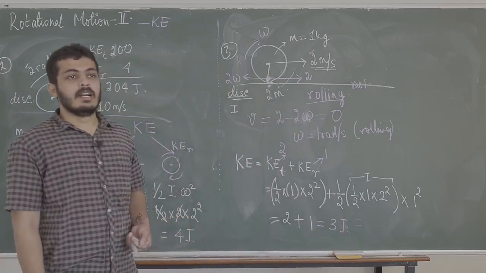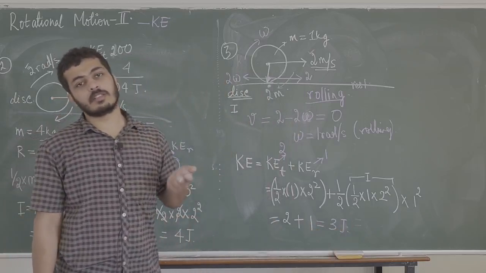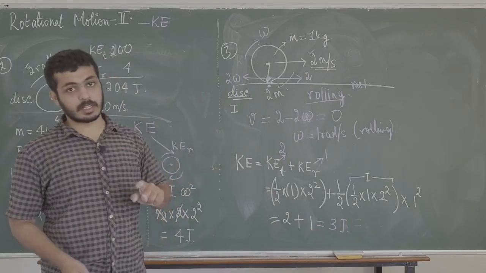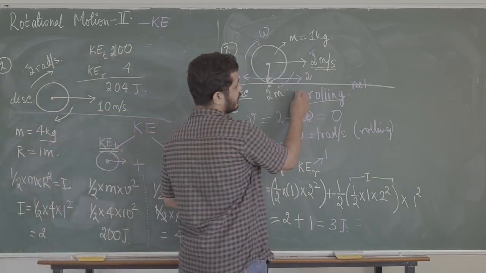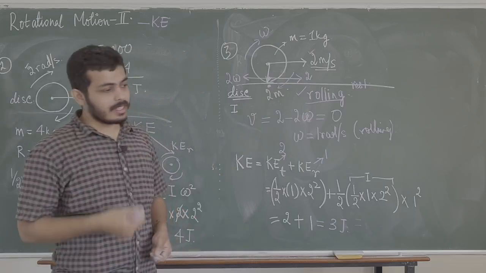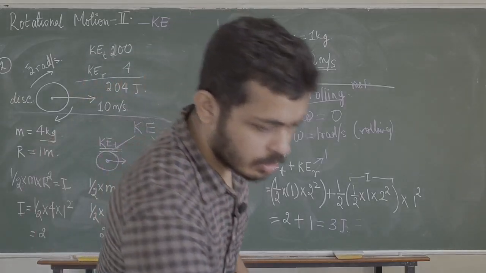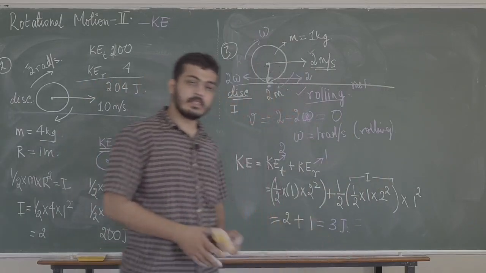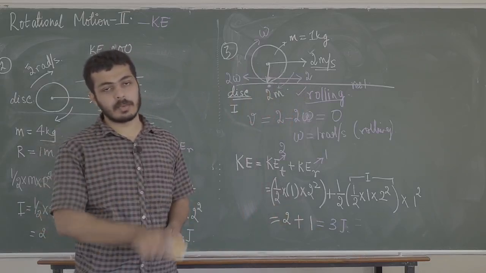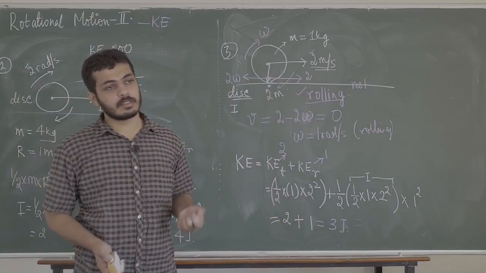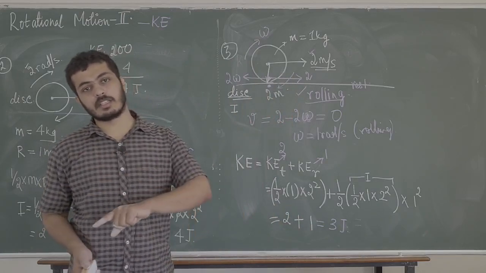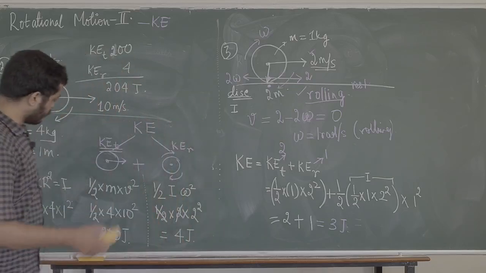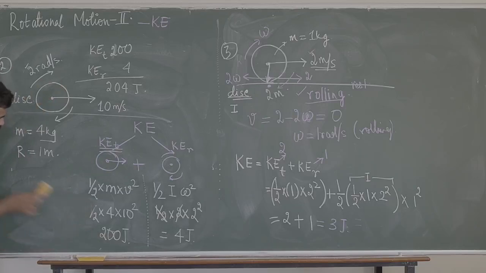Samajh mein aaya? So I gave you a question with simple rotation. I gave you a question with translation plus rotation. This is another question with translation plus rotation, but subject to the condition that the thing is rolling. So these are 3 different questions. In general, when we solve other questions about rotational motion in this chapter, we will see that the motion may or may not be linked. In either case, the total energy of an object is the kinetic energy of translation as well as the kinetic energy of rotation. Alright, let's at least try 1 or 2 more questions before we wind up.